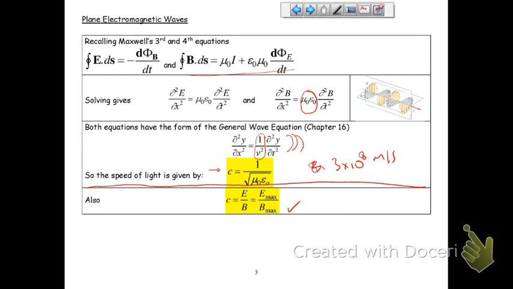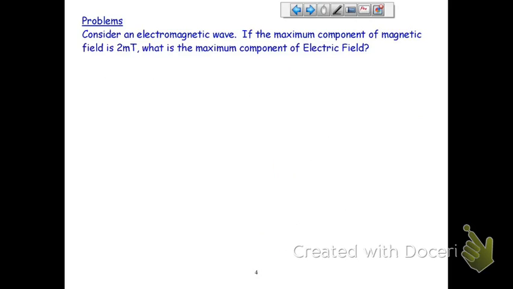They sound similar, and you've got to know them because it's not symmetrical. So you could do it this way. This is the way I remember it: B max times C is equal to E max. It goes in the order of the alphabet. It's not perfect, but it kind of helps you.